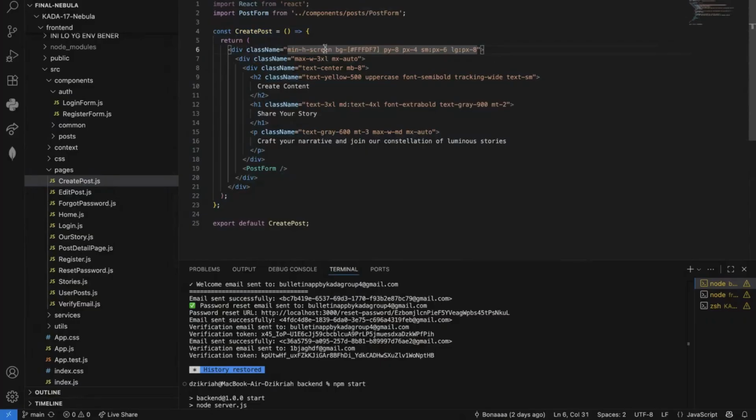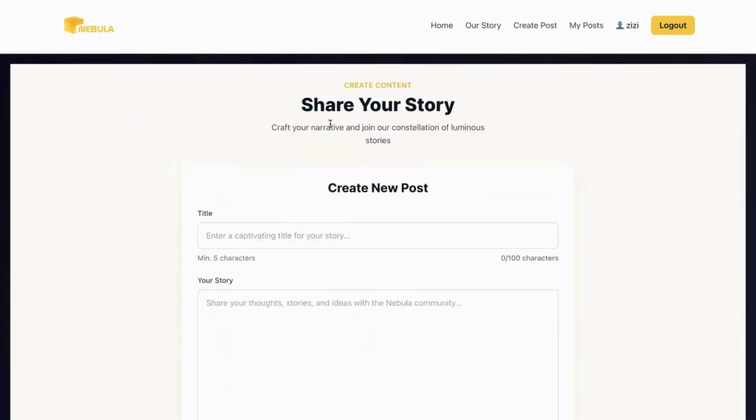I use Tailwind CSS for styling. Min-h-screen means that the section takes up at least the full height of the screen. And the bg class applies a soft ivory background color.